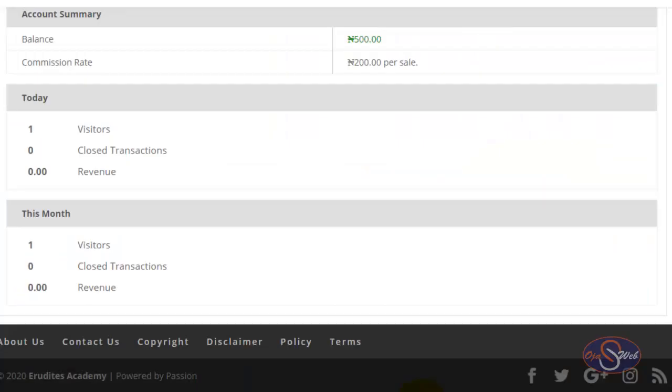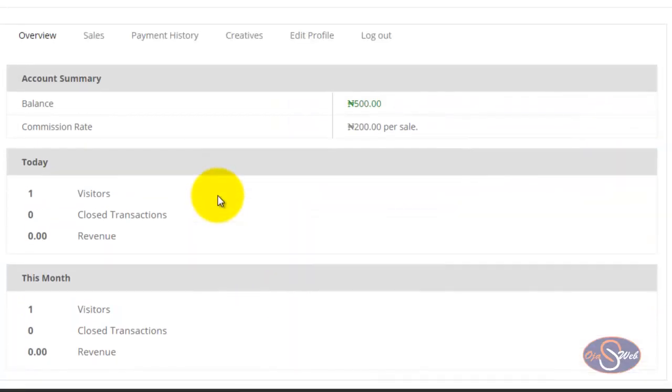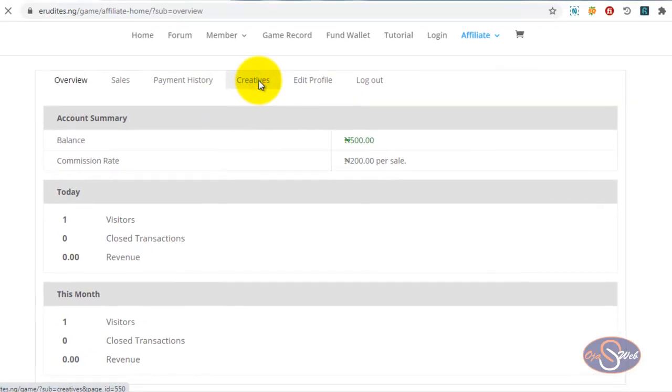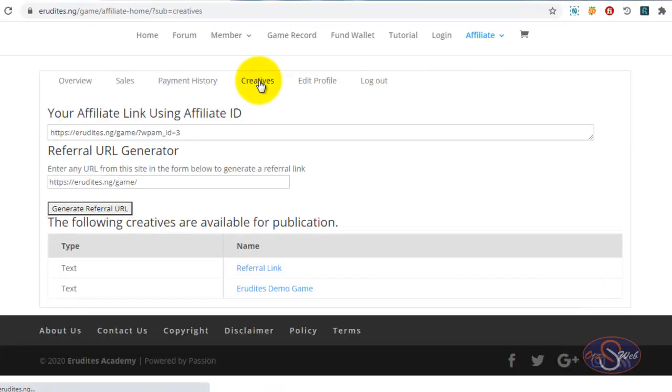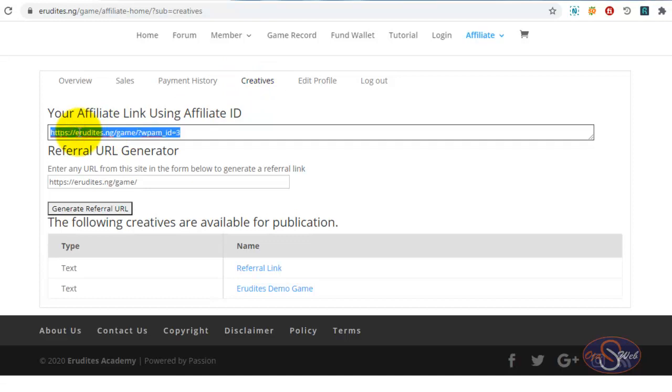You see how easy it is for you to be able to refer people to this website and see when they click on your link and when they make purchase on the website. So let's go back to the creative page. On the creative page now, you already know that this is the link you will copy and start sharing to